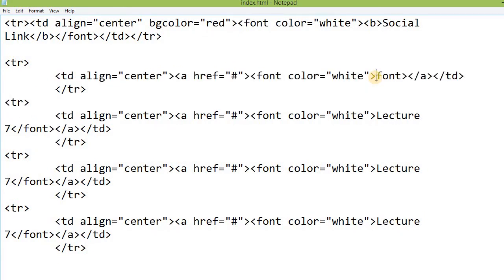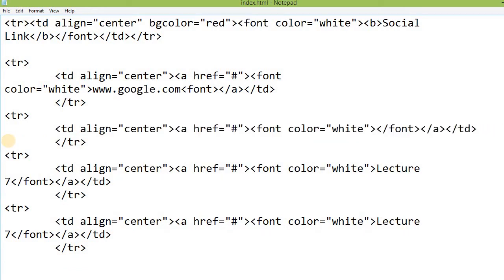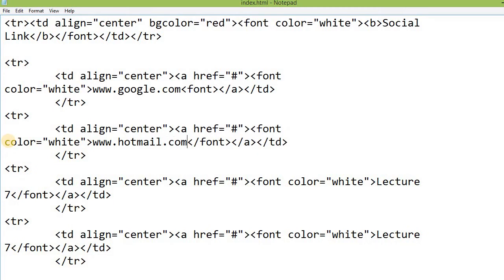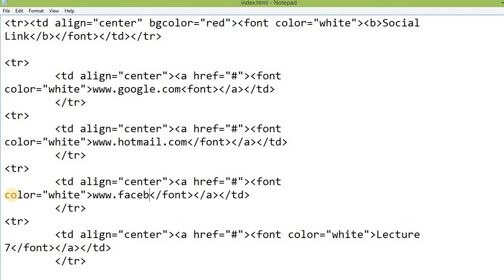4 social names. So what I will do, I will write here like www.google.com. Here I want to show hotmail.com, and in this TD I want to show like anything dot facebook.com,